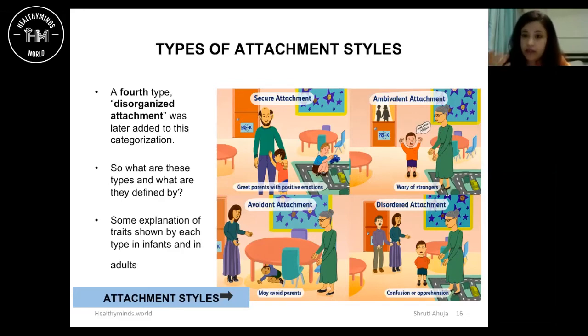The anxious-ambivalent babies showed much higher signs of distress when being left with the stranger. Most of them didn't want to approach the stranger at all, even after being reassured by the mother that it's okay, you can go play with her, she's a nice lady. They didn't really want to interact. But even if they did, and were okay to play with the stranger, once the mother left, distress was again very high. The frustration was very high, and crying was extremely high.